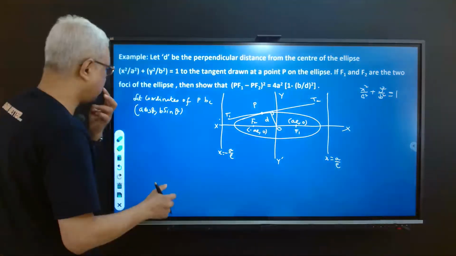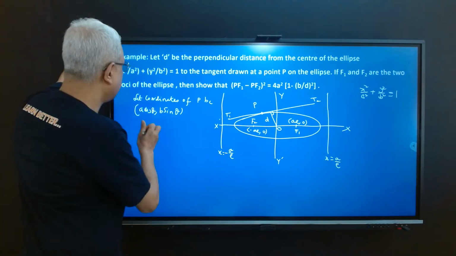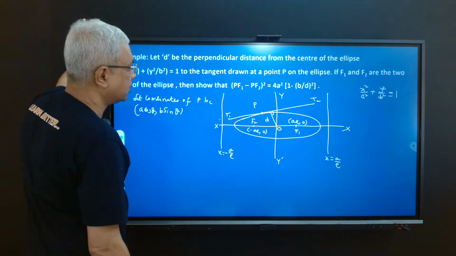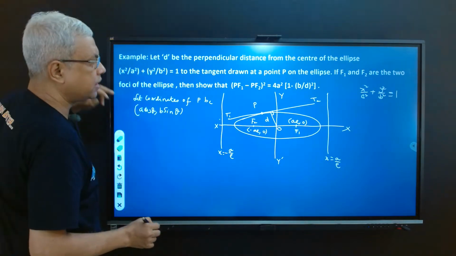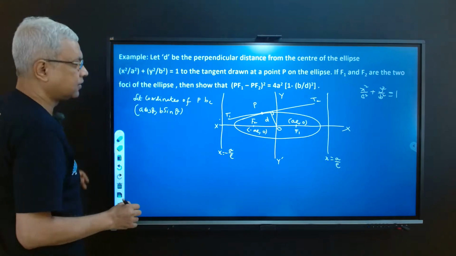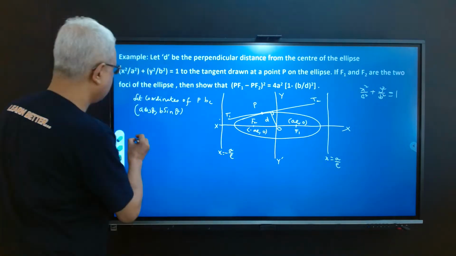And in the parametric form, I have taken the coordinate of P as a cos theta, b sin theta. So the equation of the tangent at P